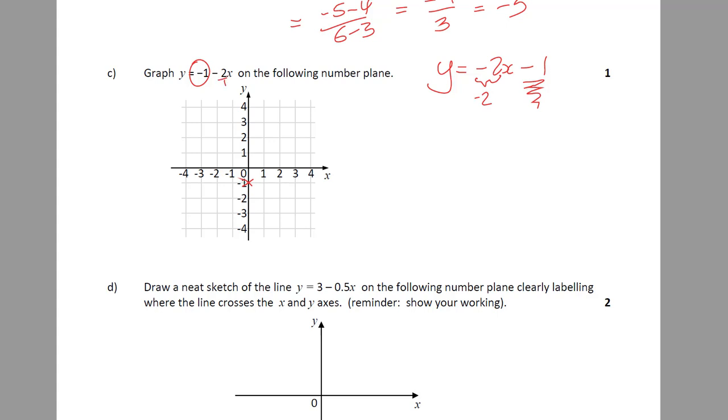If my gradient's a whole number, I always put it over 1 to think, what does that mean? If my gradient is that, it means go down 2 for every 1 you go across. It's going to look like that. Go down 2 for every 1 you go across. Yep, down 2, 1 across. Let's backtrack that a bit. 1, 2, 1, 2, and so on. Okay, I don't have a ruler. It's not great, but hey, look, if I do this,